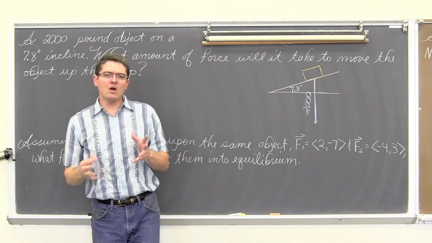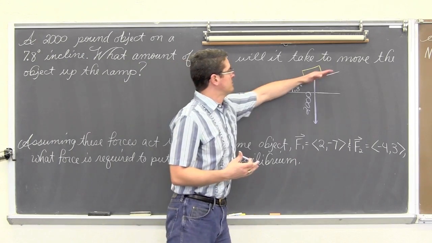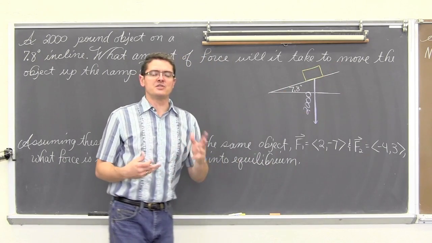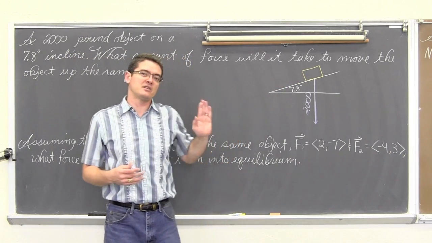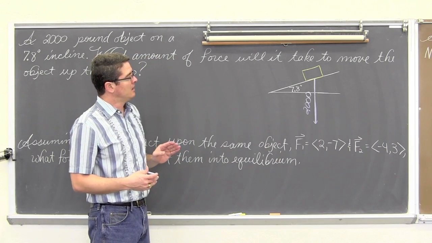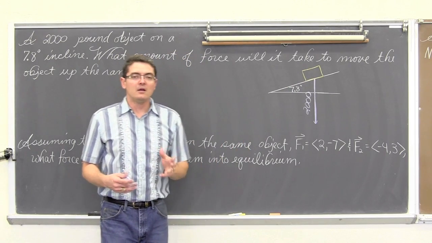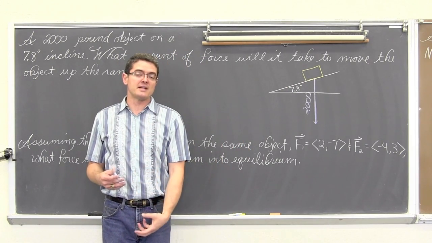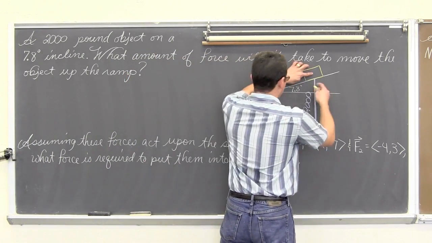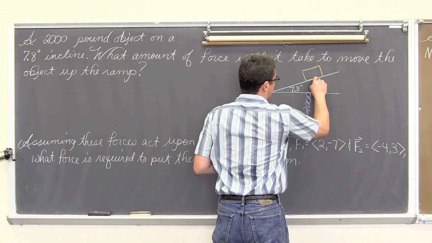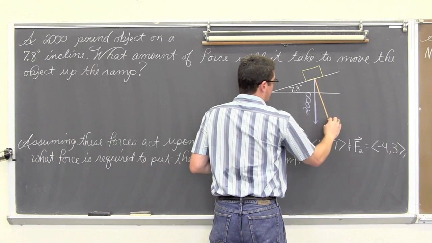Okay, now there's a couple of things going on here. We have the fact that you want to push this object up the ramp, which is going to start at break even. Basically, how much force does it take to get the thing to be stationary, and anything above that is going to push it up the ramp. And then, what kind of weight is this item actually placing on the ramp? Well, when you get on a scale, your weight gets pulled straight down in a perpendicular fashion. So the weight of this object is actually getting placed perpendicular to the ramp. So there's a vector here, which is directly how much weight that ramp is feeling from the object itself.